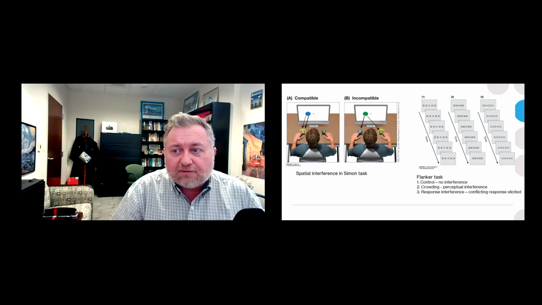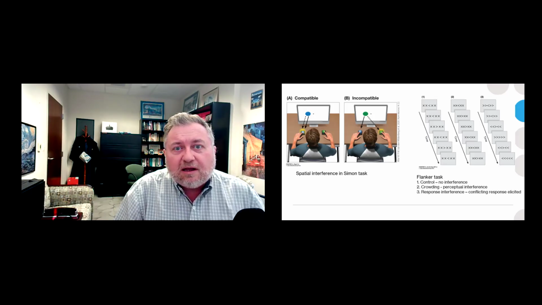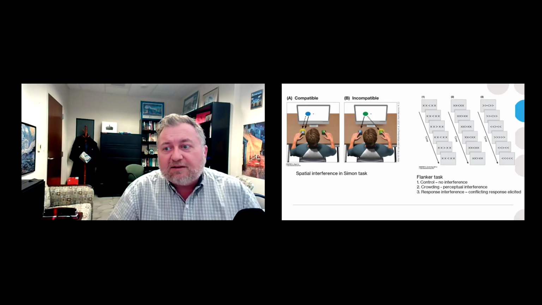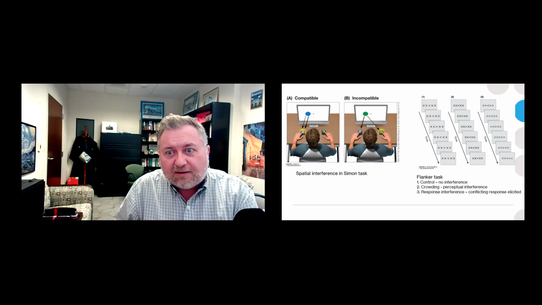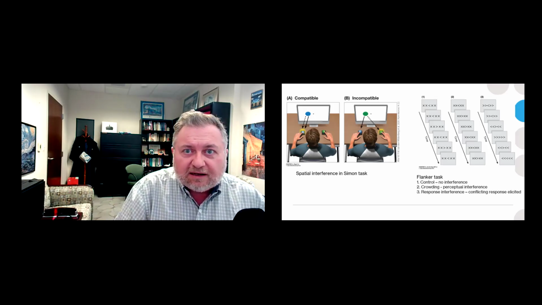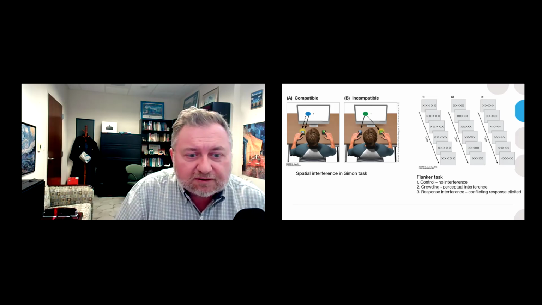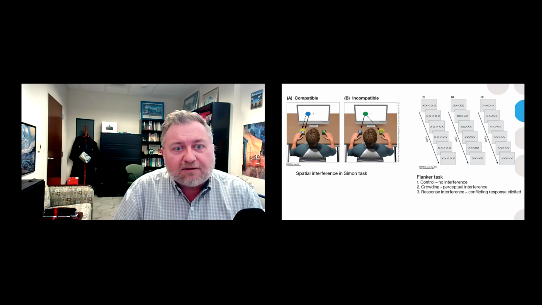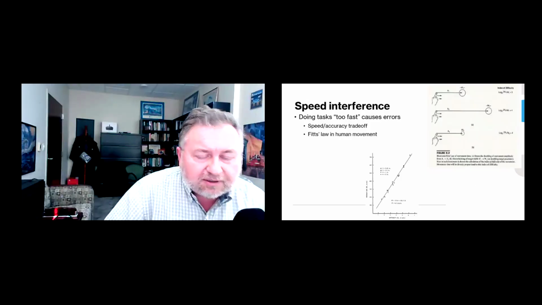So crowding alone doesn't explain this effect, but rather in these incongruent cases, it's the crowding plus the fact that a conflicting response has been activated, right? I'm seeing arrows pointing both directions, so I have to inhibit one so that I can select the correct answer. And this extra inhibition of the activated incorrect choice requires cognitive control, and that slows us down. So again, it's increasing the task difficulty a little bit.